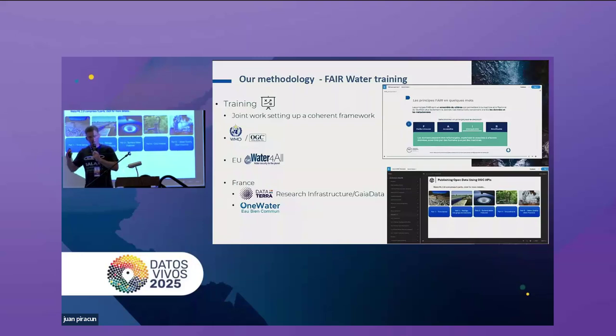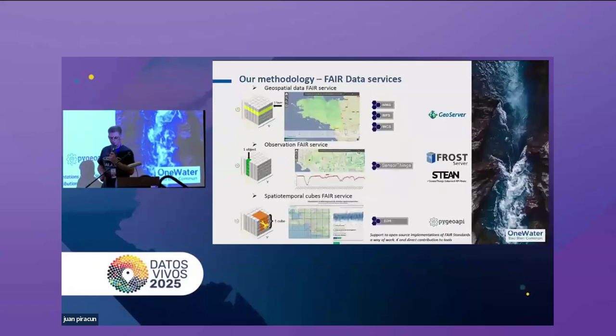With this FAIR factory, we have a FAIR water training. So training is notably done to have joint work with OGC, WMO, and at the European level with the Water for All project particularly. And in France with research infrastructures like DataTerra and the Gaia Data project, and of course with the One Water project. So the methodology also is